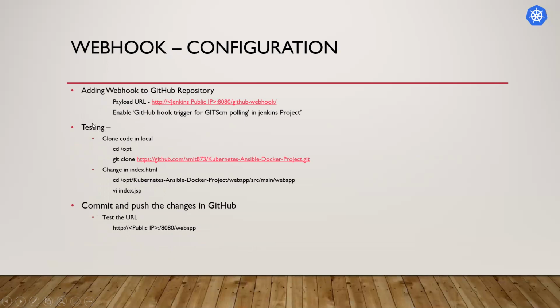And we will clone the code, and as a user we will change something in the code, in the index JSP, and we will check whether the change is reflected or not. This process will happen automatically. Only the user will change the code and check it in to GitHub, and our target system output will display automatically. We will not do anything over here. So this is a brief description of this POC.